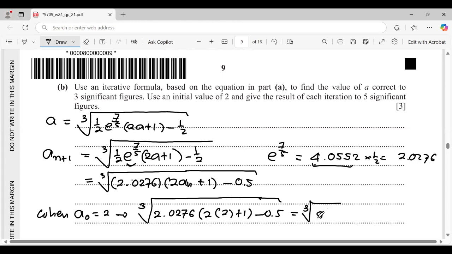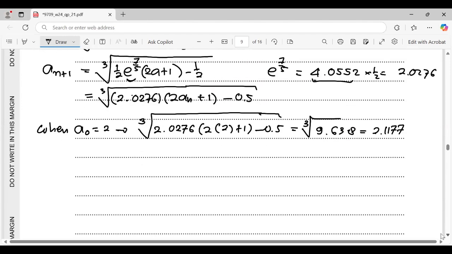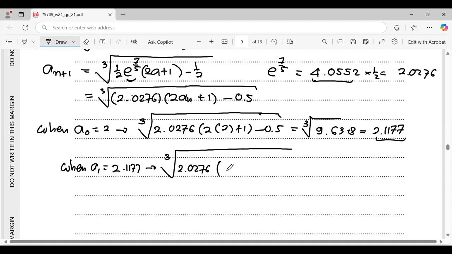The cube root of 9.638 is 2.1177. Next, when A1 equals this number, 2.1177, the calculation of iterative cube root 2.0276 times 2 times 2.1177